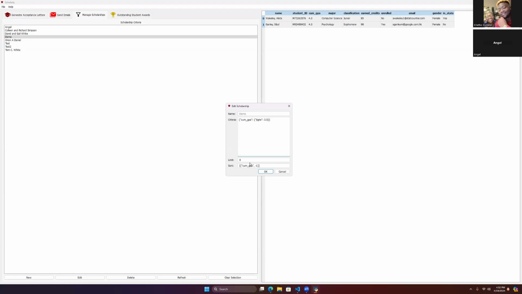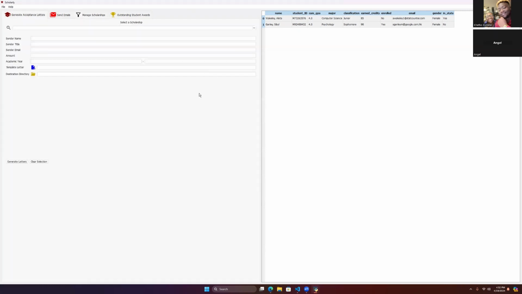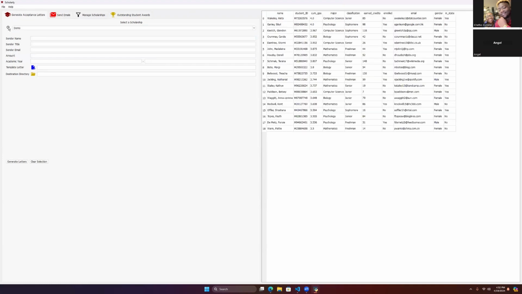Over here, the limit specifies how many results are returned. And so when the limit is 0, that means the maximum number of results is returned. If we go back over to the Generate Acceptance Letters tab, and we select Demo, and we filter again, you see that the parameters have changed, and so a new list